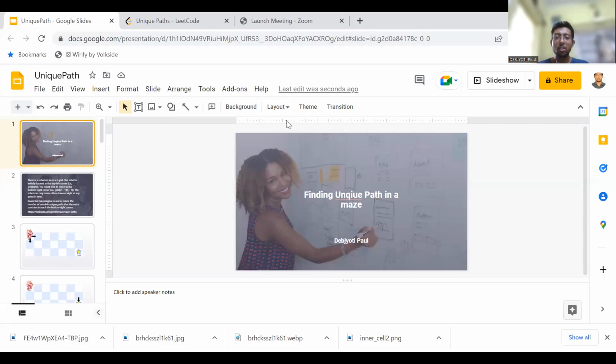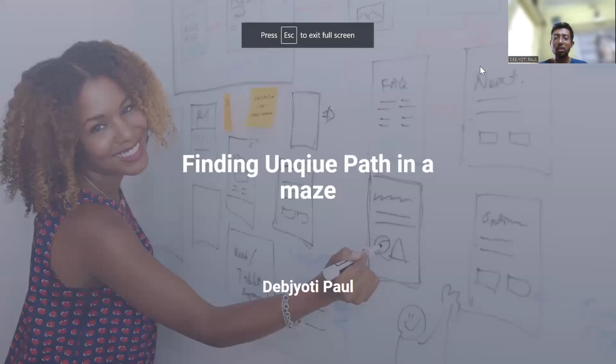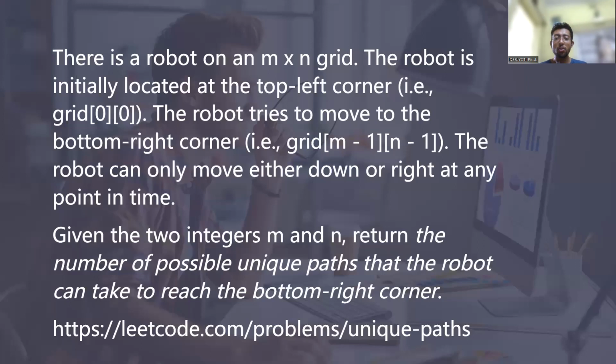Let me just start the slideshow. So we want to find the unique number of paths in a maze. What does that mean? If we go into the problem statement, mainly what we are concerned about is that there is a robot and the robot is trying to travel through a maze or a grid, and we can consider that initially the robot is located at the top left corner,